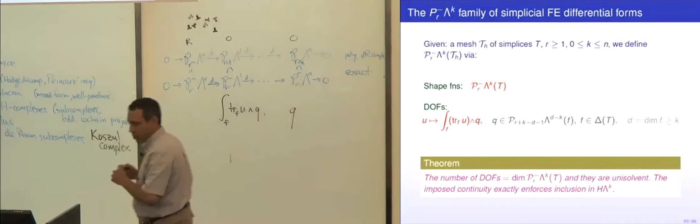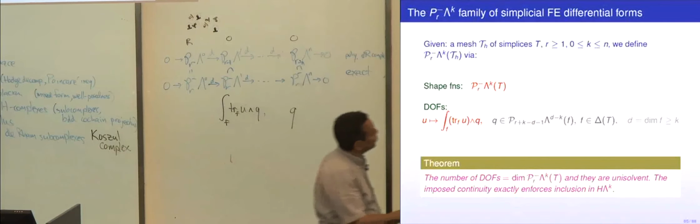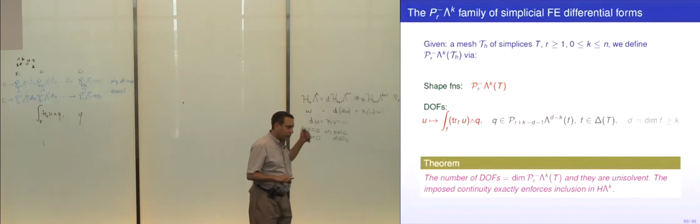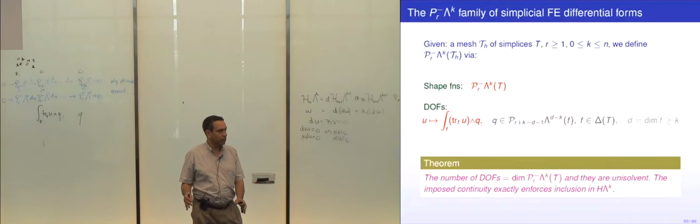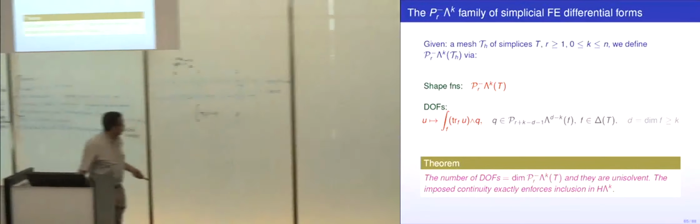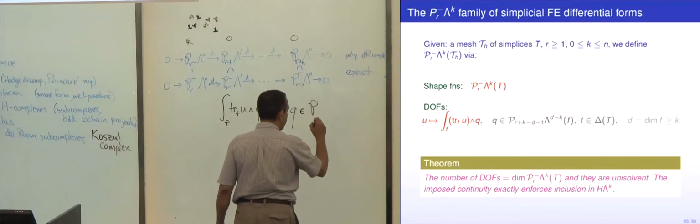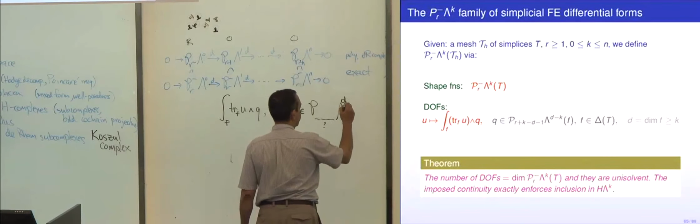So the thing to remember, and this is an important point, is you notice that the shape functions we're using are PR minus. The weighting functions we're using, the degrees of freedom, are PR without the minus. That you have to remember. For the PR minus spaces, you use degrees of freedom that are weighted by PR spaces, and it'll be vice versa. So if you can remember that, then you know the degrees of freedom are going to have here Q and P, no minus, something, lambda. And here we decided there's no choice except for